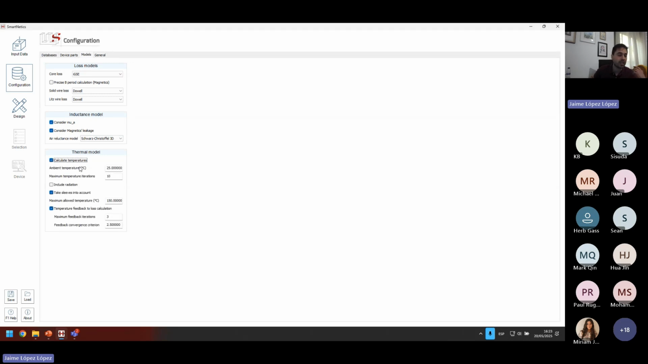If you want, you can select the ambient temperature. In this case, for example, since we know the magnetics are going to operate inside the box, I'm going to increase this just a little. You can select the maximum iterations for the temperature calculations, etc. In general, everything in this configuration part of the tool is a trade-off between accuracy and speed. The higher the accuracy, obviously, the lower the speed, and the user has access to everything if they want to